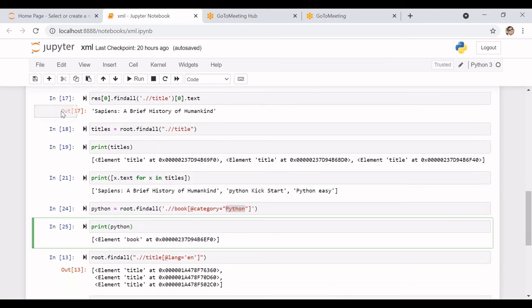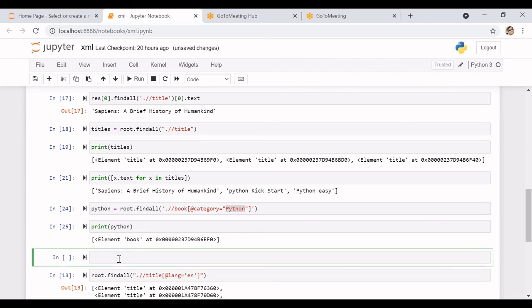So now if I go ahead and see python dot find all, dot slash slash title, of 0 dot text.